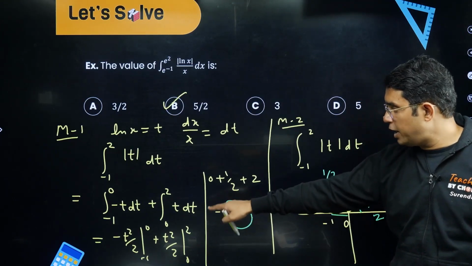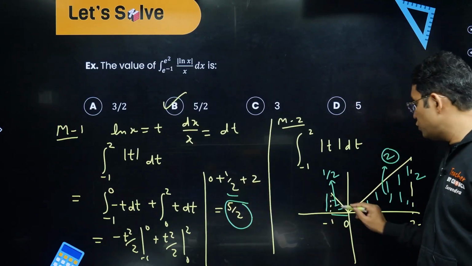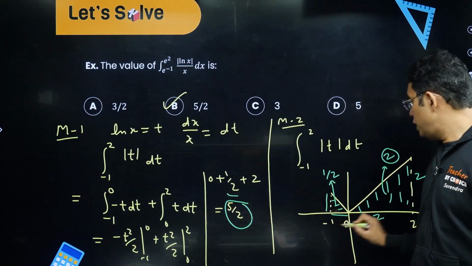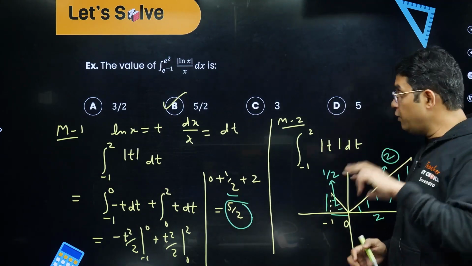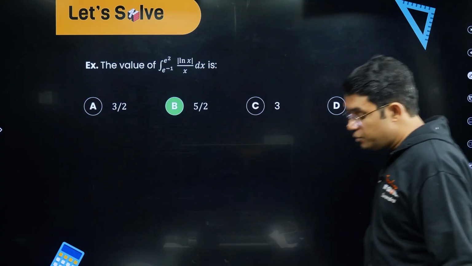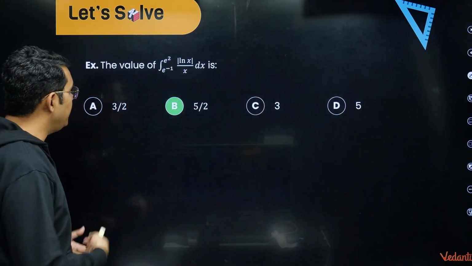In fact, if you check, your calculation is also suggesting the same thing: 1 by 2 for minus 1 to 0 and 2 for 0 to 2. So this is how this question is done. I'll tell you one more method. Please see, the answer is B, and that method is that you do not do substitution initially, and you think of